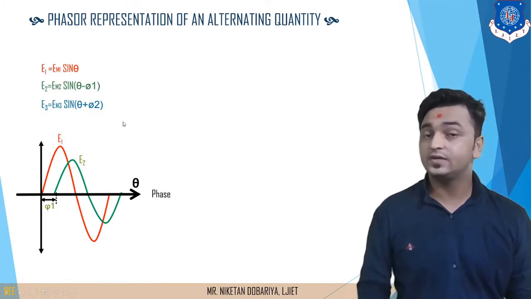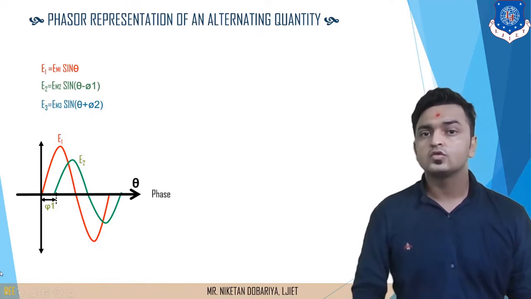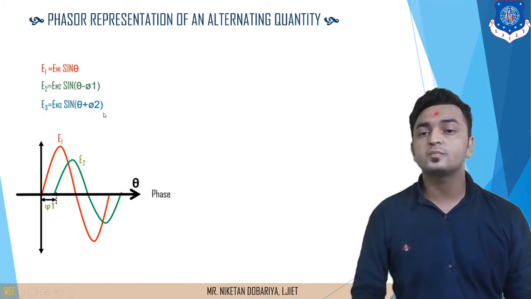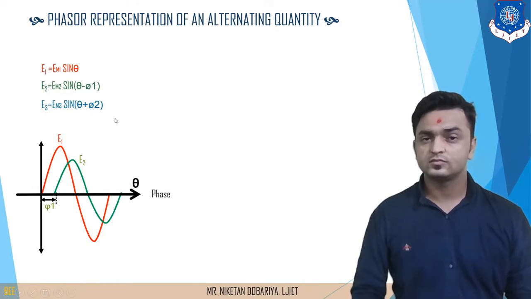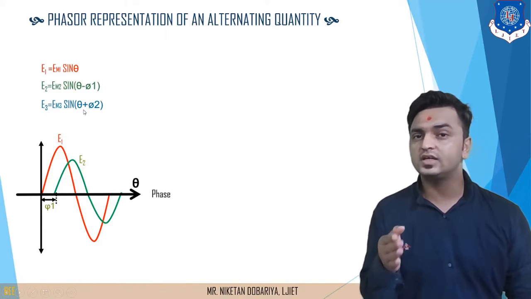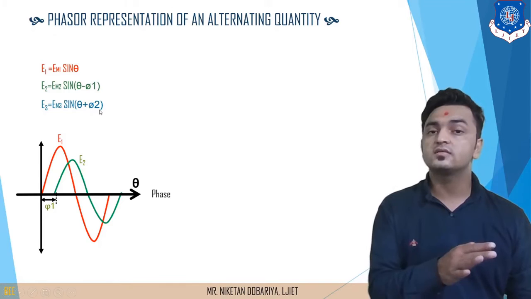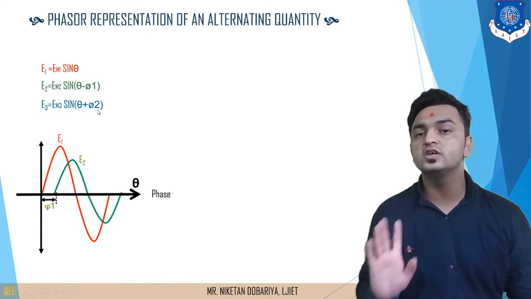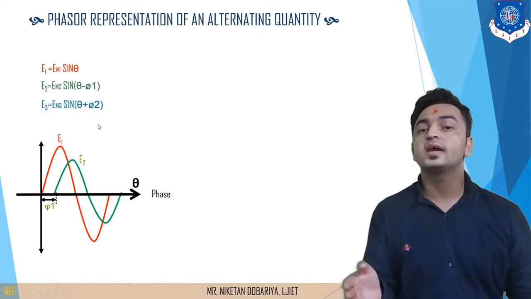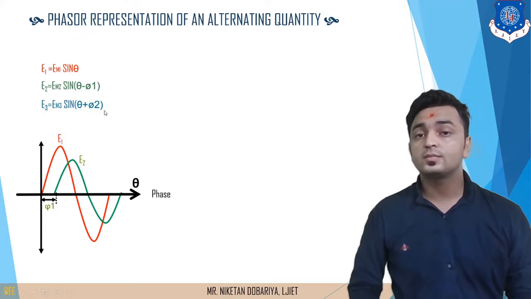Again, consider that the value of phi 2 is equal to 30, but now it is positive 30. So if we want to make this angle in the bracket 0, the value of theta should be minus 30. So if we consider theta equal to minus 30 and phi 2 equal to plus 30, then the addition of these two is going to be 0, and at that time we will get sine 0 equal to 0.